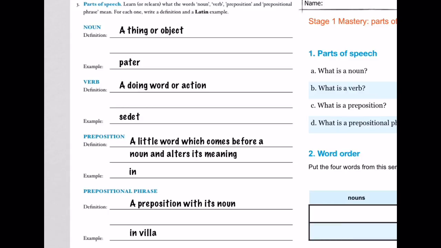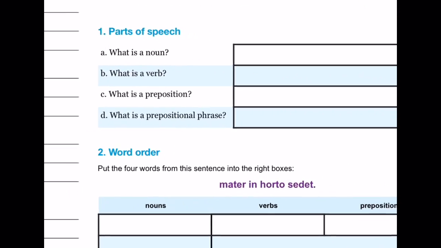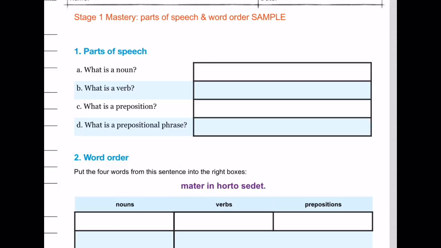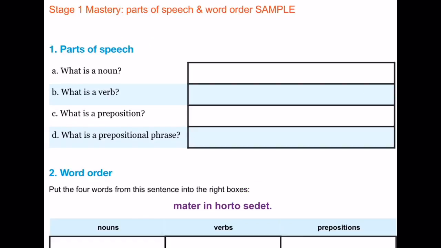So after we've learnt that, you should then be able to answer these questions in section 1. These questions are always the same. So 1A, B, C, D never change. Any test you get, that's what it'll say. So let's see if I can write in some answers. So what is a noun? I reckon that's an object or thing. A verb, let's call it the old-fashioned